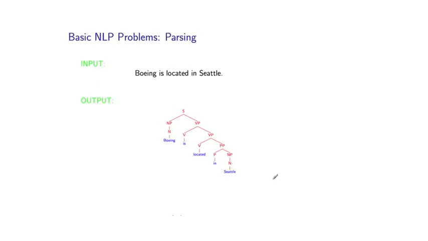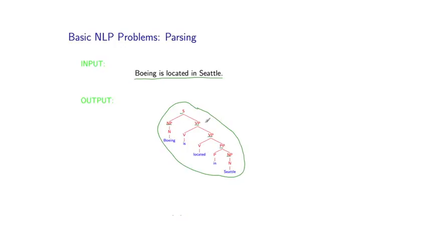Another basic problem in natural language processing is the problem of natural language parsing. And this goes back to work in linguistics, going back to the foundation of modern linguistics with Noam Chomsky's work in the 1950s. The problem here is, again, to take some sentence as input and to map this to some output, which is usually referred to as a parse tree. So we'll talk a lot about this later in this course, but at a very high level, the parse tree essentially gives some hierarchical decomposition of a sentence corresponding to its grammatical structure.